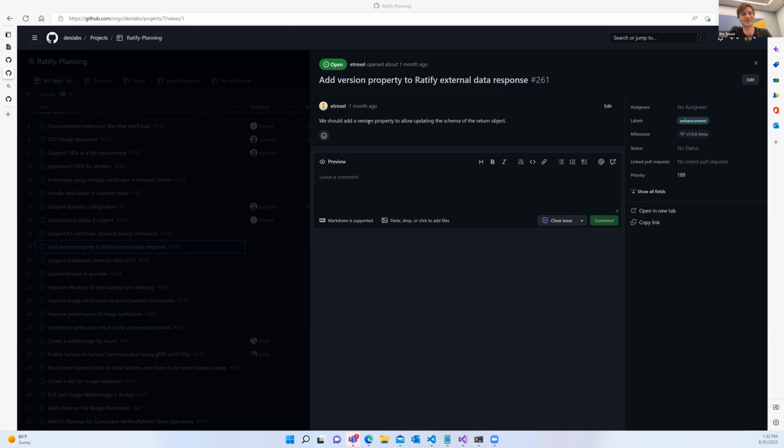So I'm inclined to slap a version number in there and wait, especially if we went 1.0 with Ratify, then I'd buy wanting this to be a little more strict. But if this is still likely to change over the course of reaching maturity, then yeah,